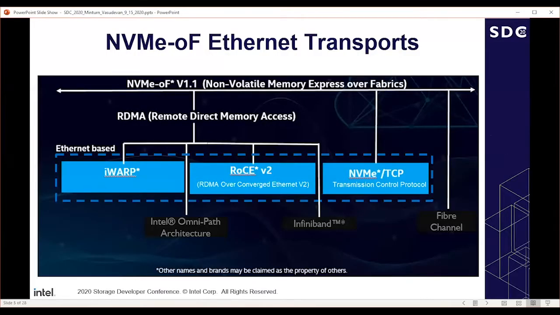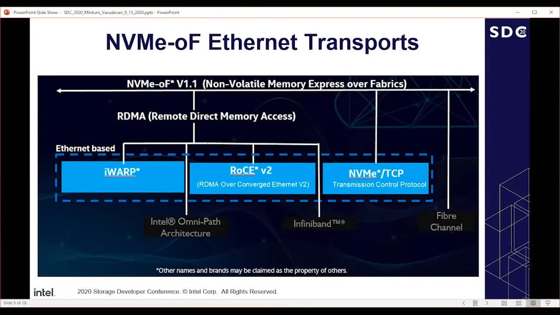Some of this material was shown last year, and you'll note that we put a reference to last year's presentation for review. So the NVMe over fabric transports for Ethernet, there's actually two of them defined. What I'm showing here is RDMA and TCP. RDMA covers the variants of types of RDMA. For example, iWARP and RoCEv2 are all under the NVMe over fabric RDMA transport, and then NVMe over TCP